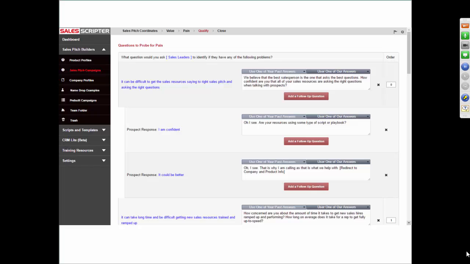Like I said, you could do this in a Word document. The benefit of SalesScripter is it just makes it all structured. And by the way, as you're entering an answer into each of these boxes, your answers are then linking to a library of sales tools and documents. I'm going to show you some examples of scripts and sales tools that help you see what a conversation might look like as a consultative salesperson.